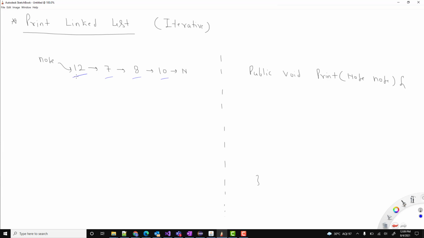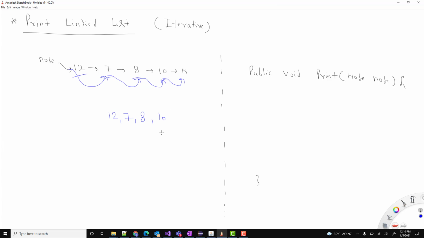If I have this linked list, then definitely there will be a head node. So I'll start from the head node, then I'll print the value, then I'll go to the next value. After that my node will point to here. Now again I'll print the value, then I'll go node equal to node of next. Again I print the value, then go node equal to node of next. Again I'll print the value, then go node equal to node of next. And as soon as the node is null, at that moment we'll stop. So that's the very basic answer of this question.